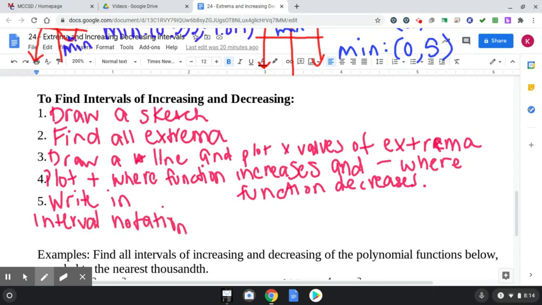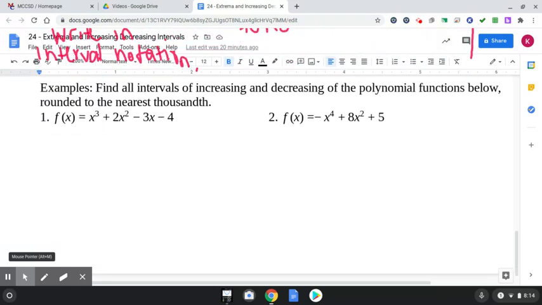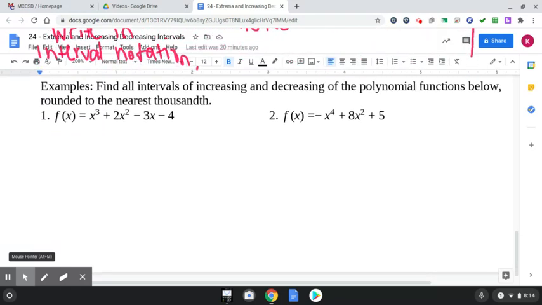Again, you really don't need the number line. It's just there to kind of organize your thoughts. It's a lot that's going to be going on. All right, so let's try these 2 examples. We're going to stick to the same functions that we just used. That way we don't have to find the mins and maxes again, but now we're going to find the intervals